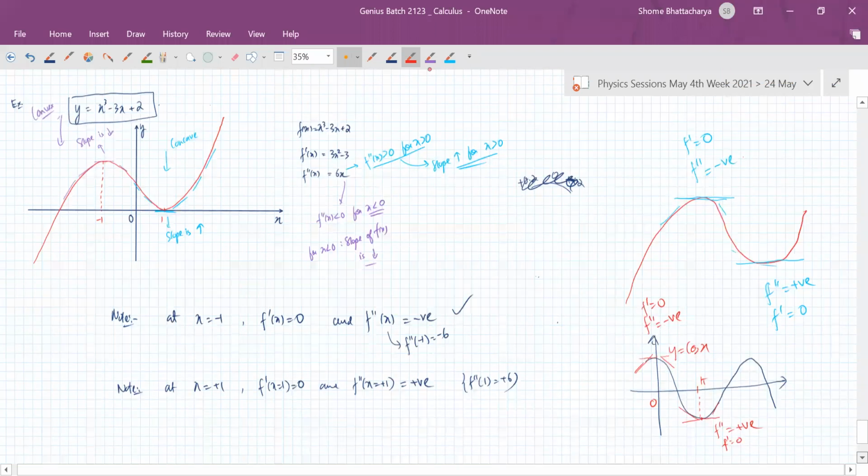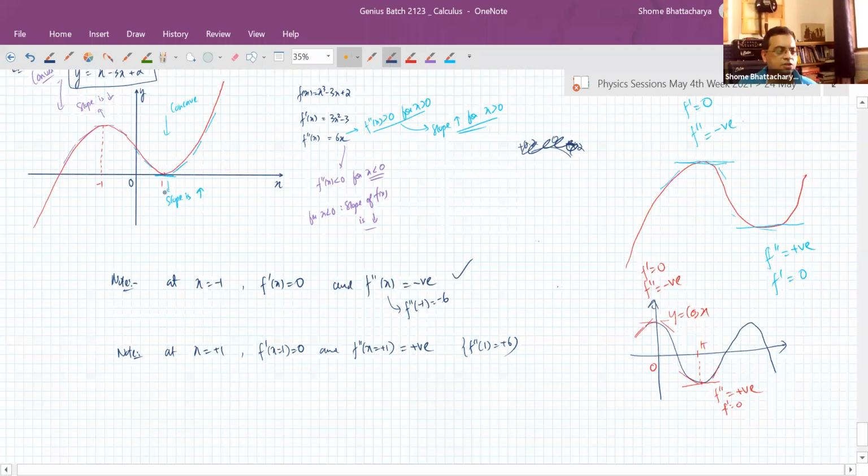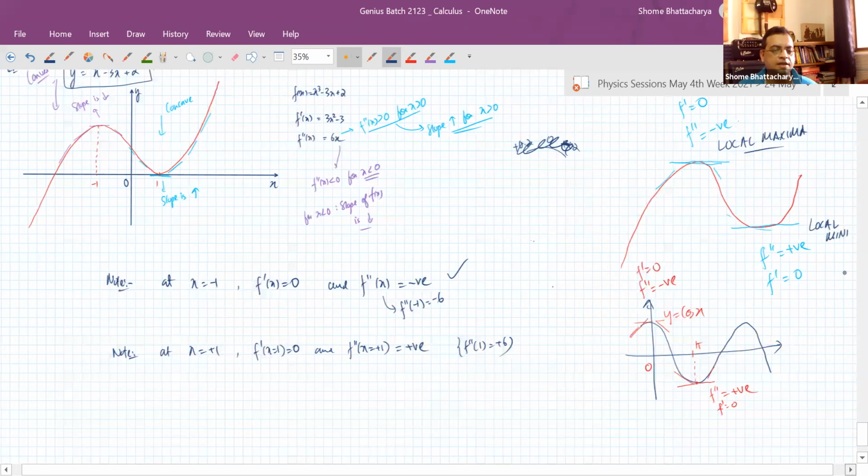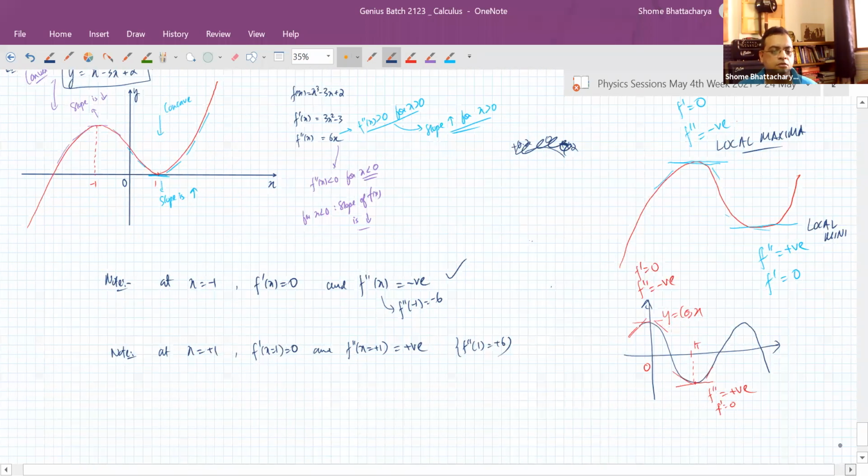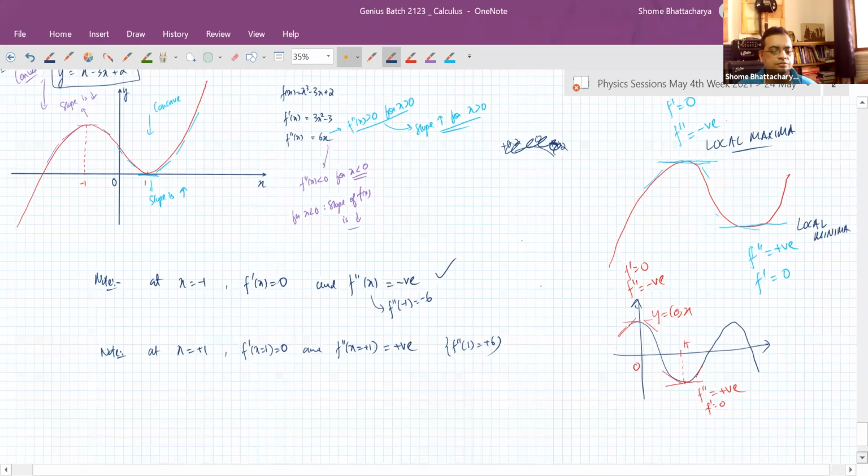Yes, sir, understood. Okay, so you'll see that this sort of point is called a local maxima. And this sort of point is called a local minima. So this becomes our definition of local maxima and local minima. Okay, so for any function,